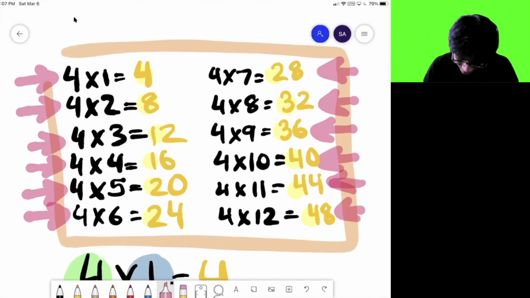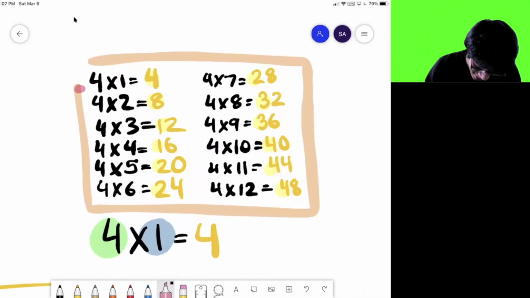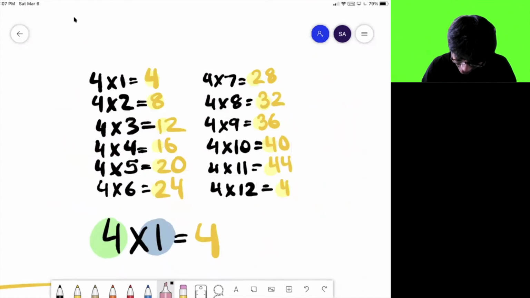I mean, can you believe this? Can you believe this? So take the time to go ahead and remember all of this 4 times table, and